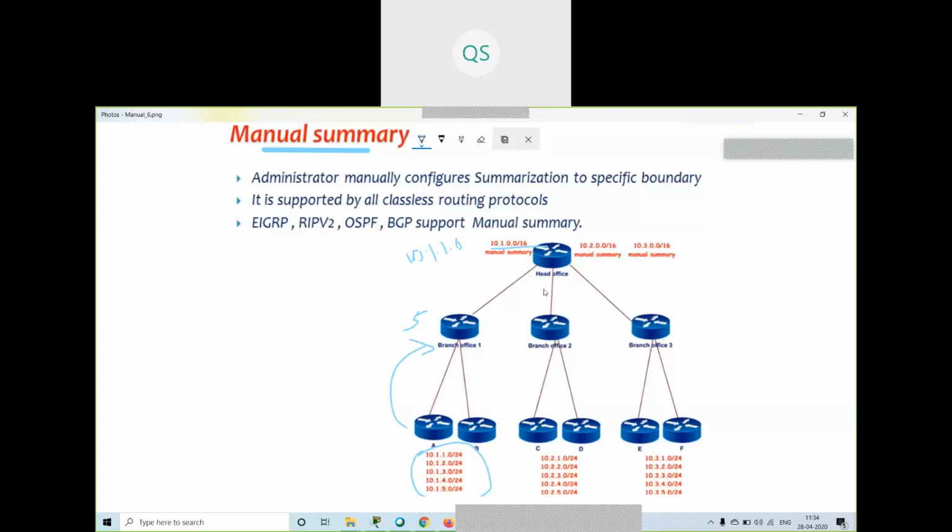Suppose this is the summary address that I got from the network. This is not the correct summary address; I have just given the example. From here I got 10.1.0.0, from here I got 10.2.0.0, and from here I got